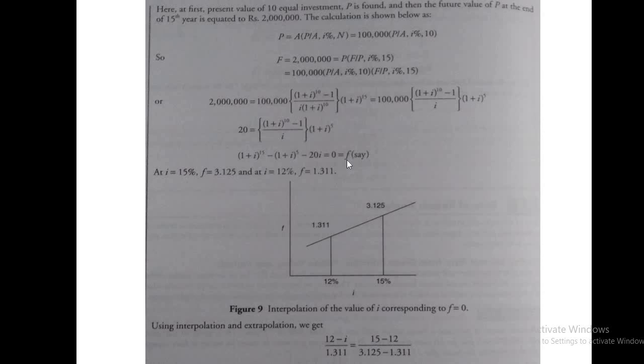At that particular interest rate, this condition will be satisfied. This condition is satisfied when f is equal to 0, and for that f is equal to 0 condition, whatever that I value is, it is nothing but that interest rate. For that interest rate, this condition will be satisfied. So to find out that particular interest rate I value,